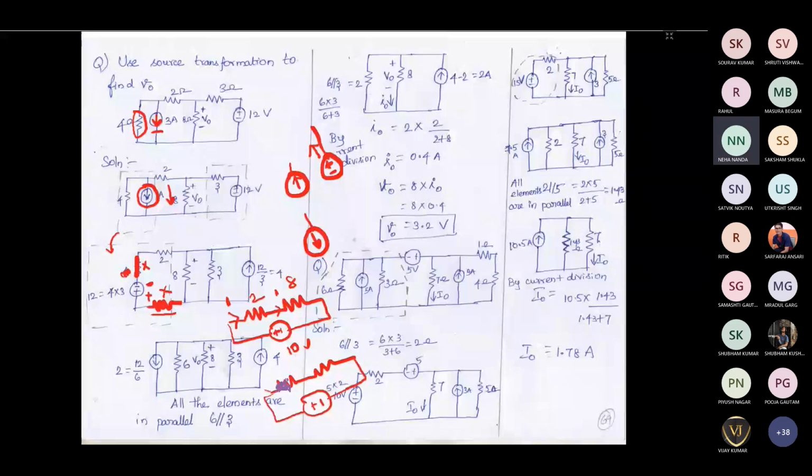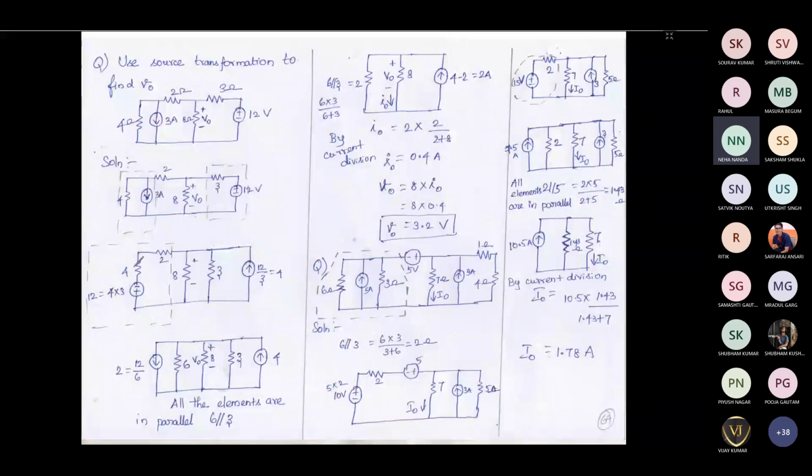Both the elements are connected in series, so the current flowing through them will not change, even if you keep the resistor first or last for the elements connected in series. Based on this, I have drawn the 4 ohm resistor here. Now you can see very clearly that this 4 ohm resistor and this 2 ohm resistor are connected in series, because whatever current enters here, the same current will come to this 4 ohm resistor and leave the 4 ohm resistor. So these two resistors are in series.